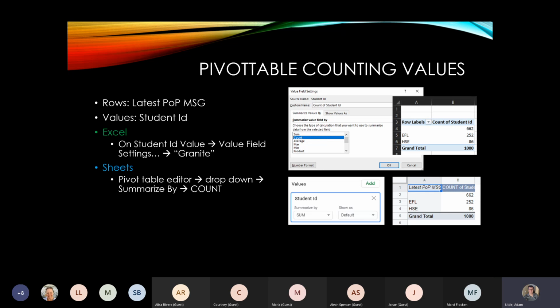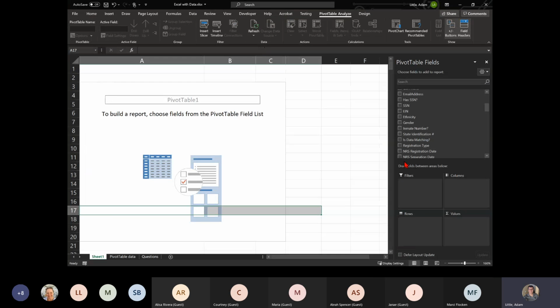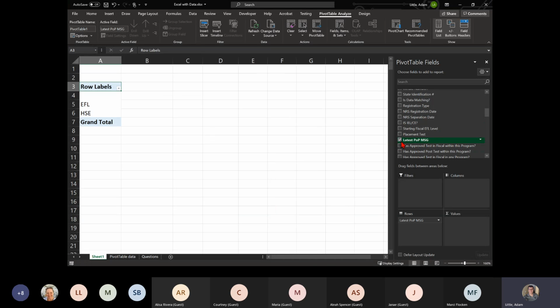On your rows, go ahead and click the latest pop MSG. It's towards the top. And student ID. Okay, so let me drag this back over here. So we want latest pop MSG. It's right here, a couple underneath where the starting fiscal EFL was. So click the checkbox or drag it down to rows, and you'll see that we've got a blank, an EFL,